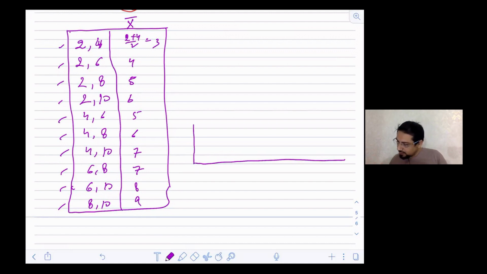Okay, so here we're going to put the frequency, right? I have already discussed what frequency is. So here let's plot our mean. Here I can put 3, 4, 5, 6, 7, 8, 9. Now 1, 2, 3, I think that's enough, or maybe if you want we can put 4, 5, we can go on.